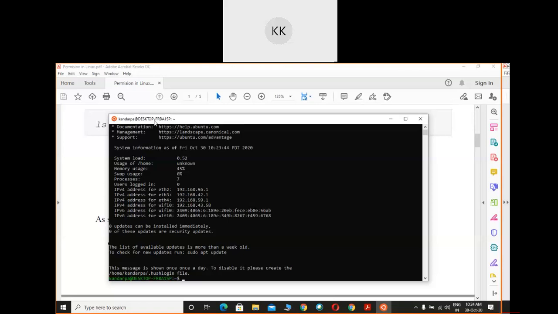Throughout the session I will be online and you will be practicing. If you have any doubt, you can ask me. So please watch very carefully and try to remember all the commands. If required, please write them down, or I will paste all the commands in the notepad and share with you later on. So let me start.